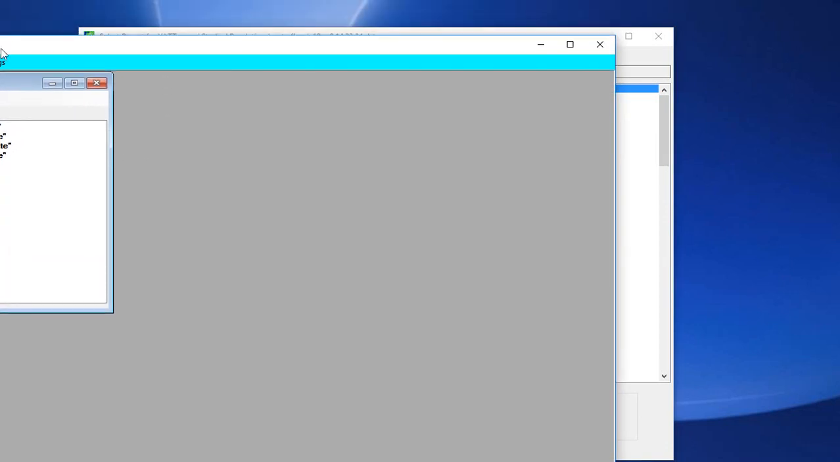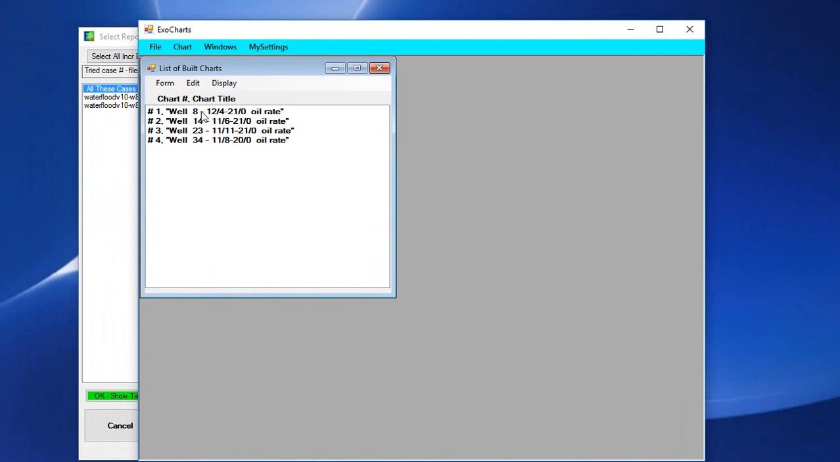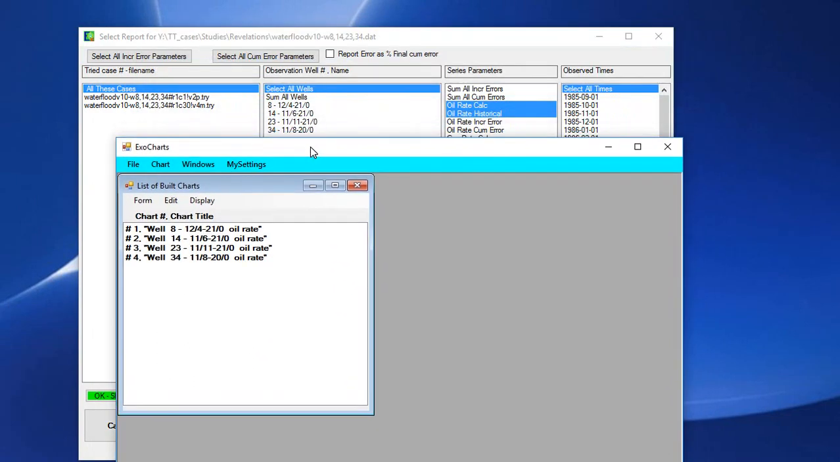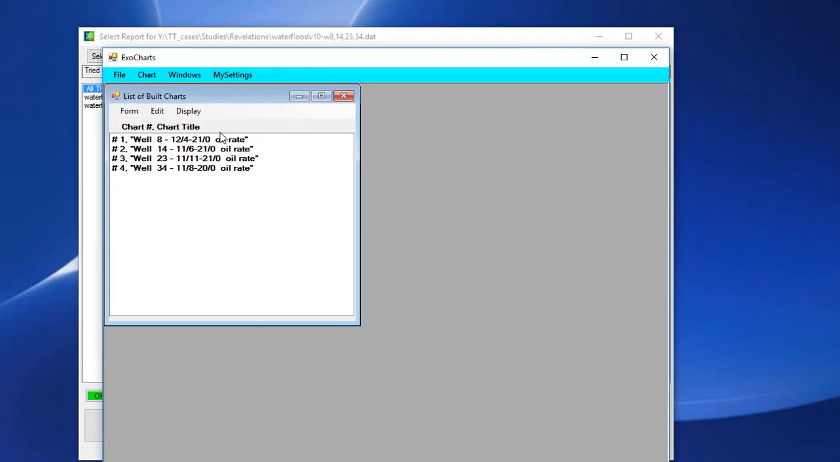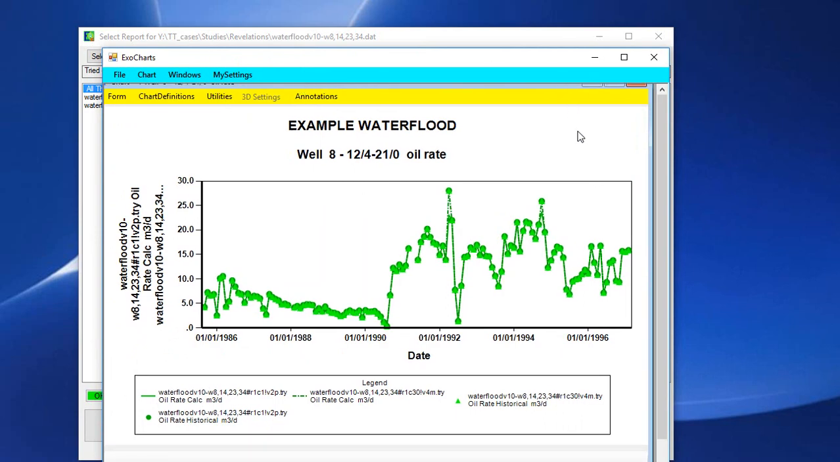And the graphs are built. We just drag it over here. These are the graphs built. So by well, the oil rate name was added to the name of the well. If you click on it, you would get the graph of that well, and you will be able to see